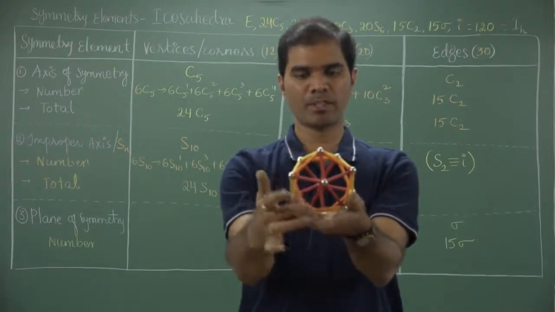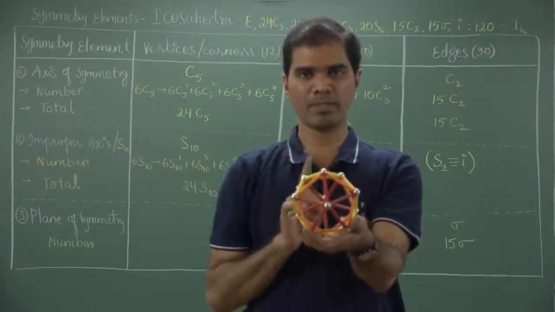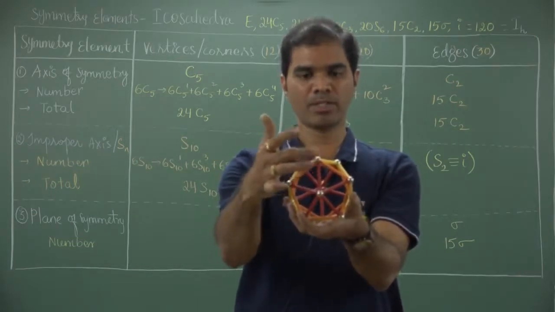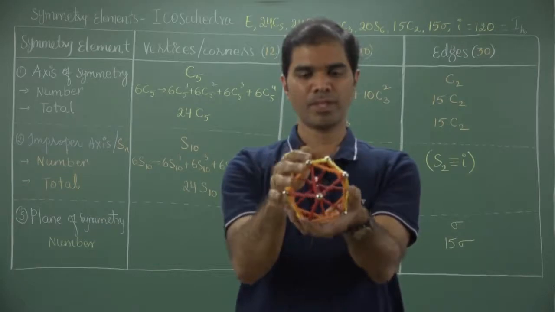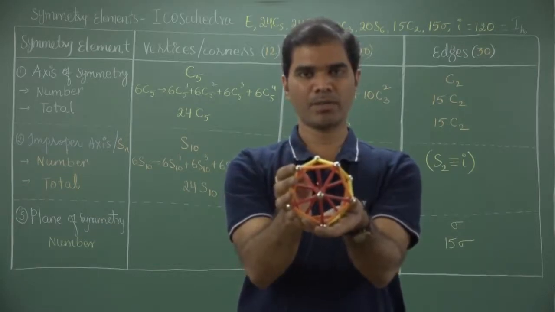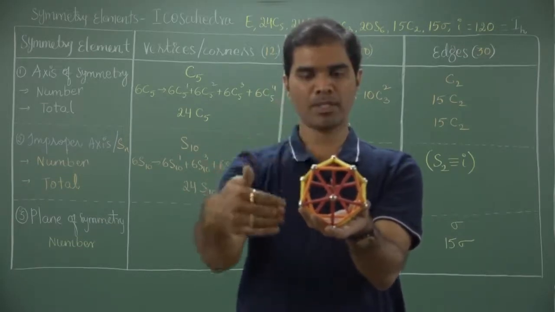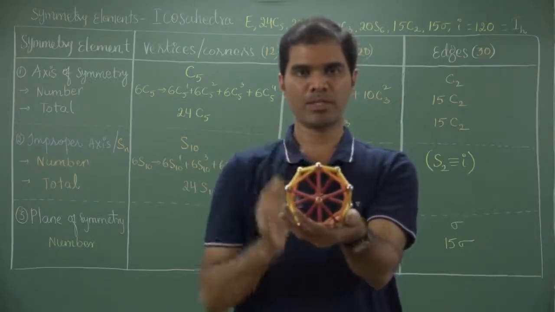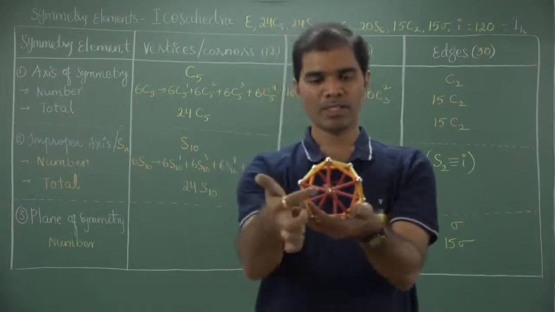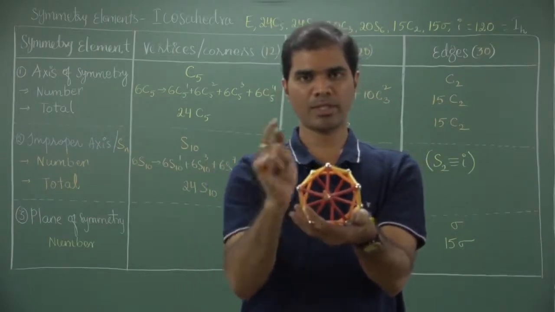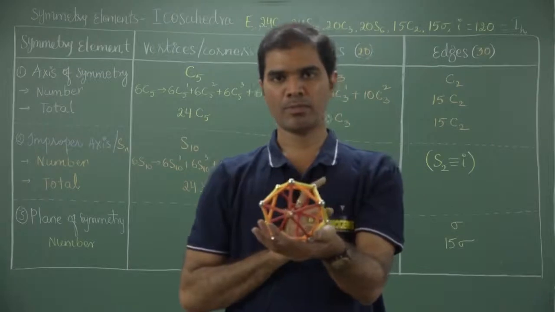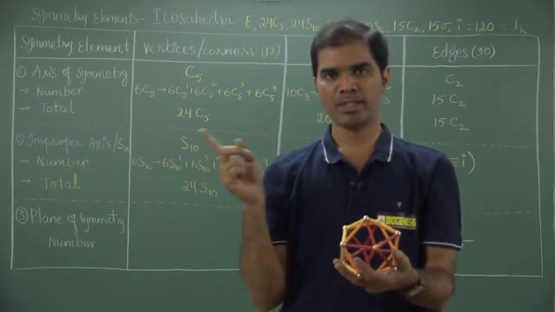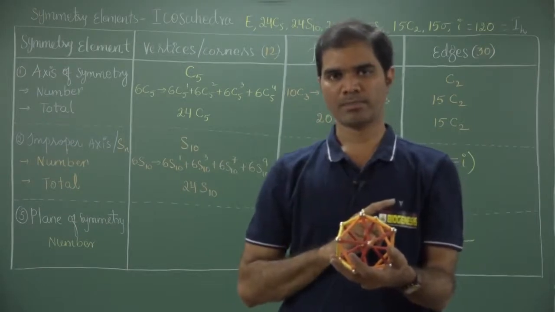Now, you look at the orange pentagon, again the corner is above. I am just repeating this operation. Starting with this orange pentagon where the corner is above, I am rotating by a 36 degree angle, not an equivalent configuration, then pass a plane perpendicular to it. Now this will reflect towards you, where again the corner is above. So wherever we are passing a C5, collinear to this C5 is S10. Since 6 C5 axes are possible, 6 S10 axes are also possible. That would generate altogether 24 C5s, correspondingly 24 S10.